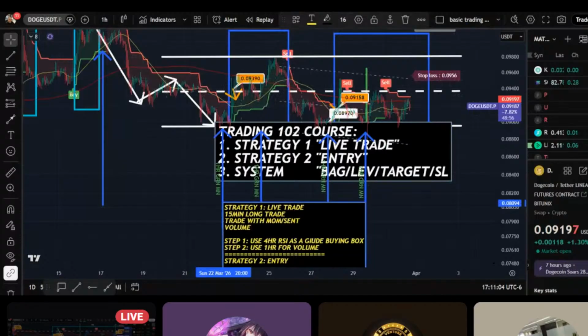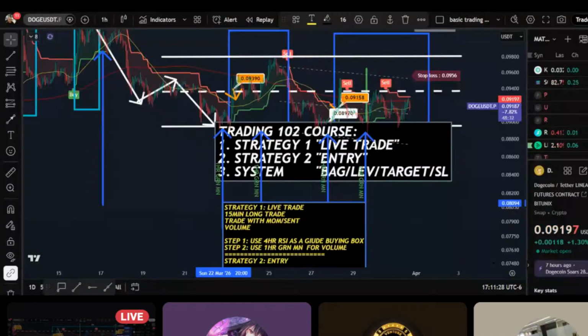For a live trade, you're looking for momentum and sentiment, and then you need volume. So for that, on the 15-minute, we're going to use the 4-hour for the buying box for momentum and sentiment. We're going to use the 1-hour green moon